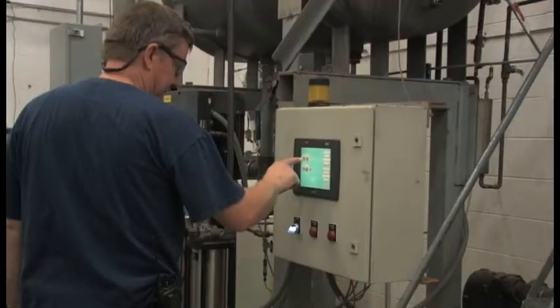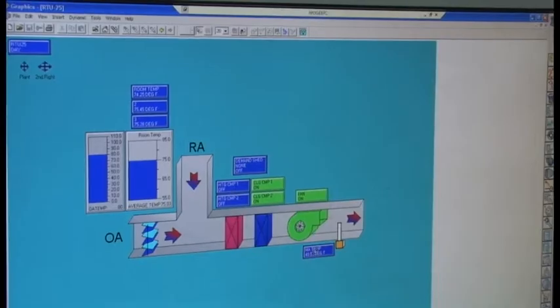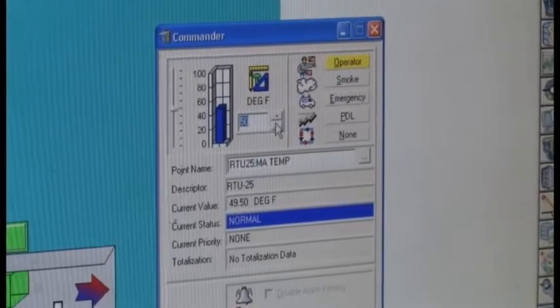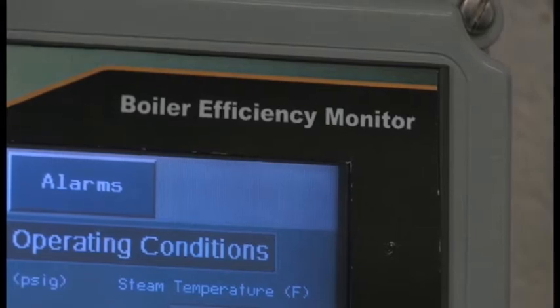Spirax Sarco U.S. President Pat Tillish is sold. Some of the best energy savings opportunities are to eliminate waste, and some of the best areas to eliminate waste is in a company's utilities, be it the water, air, gas, electric, or steam systems. With pumping system automation, HVAC computerized controls, and a boiler efficiency monitor, they can improve energy performance and get closer